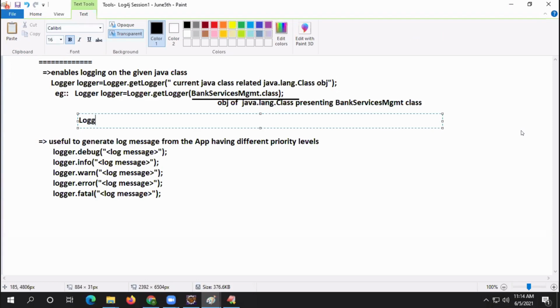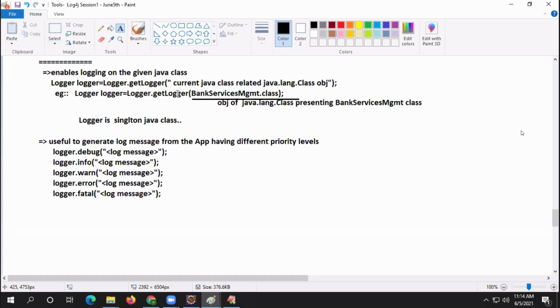Logger class is a singleton Java class. Now listen. You write this line in 10 classes, passing 10 different class names. Are 10 objects created? Only one object is created. That means the log file name, logger level to retrieve log messages, all these will be taken only one time.